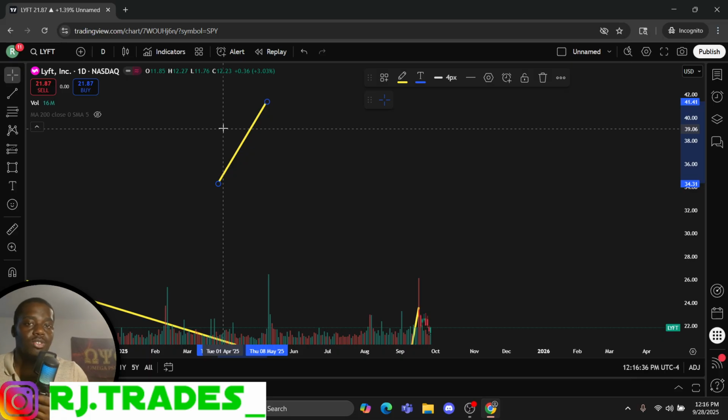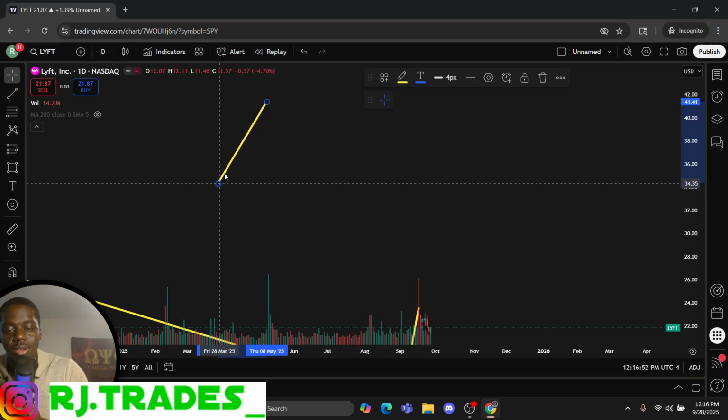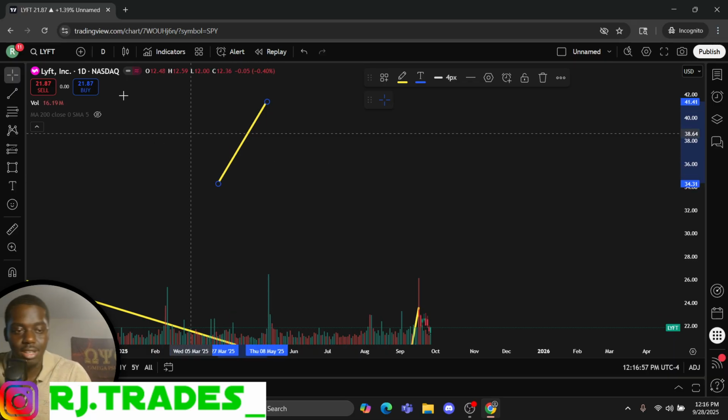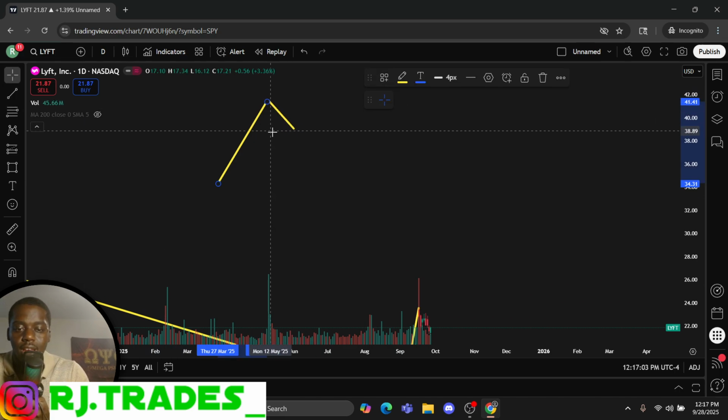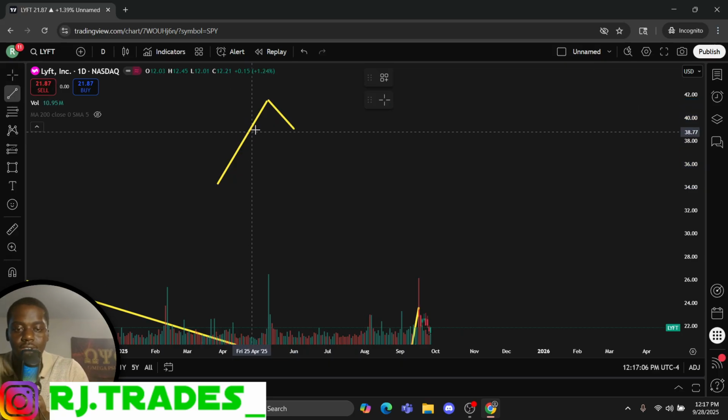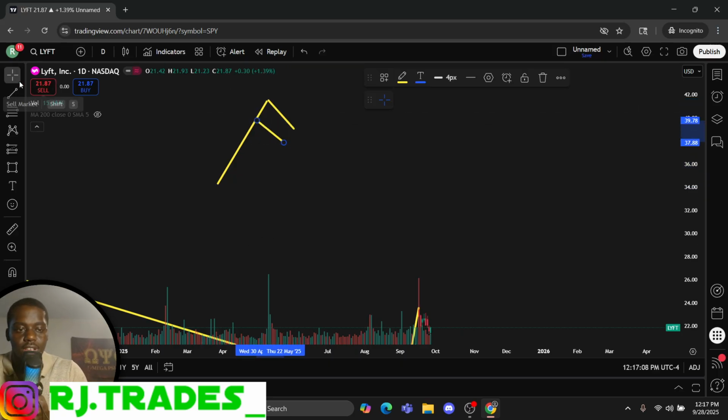All right. It's going to pull back, and you're looking for it to pull back and consolidate. What does consolidate mean? Consolidate means that the stock isn't really going anywhere. It's just kind of chopping back and forth. It's going to be coming down just a little bit slightly, but it shouldn't be coming way back down. So if you started down here, you moved up here, it shouldn't be coming way back down here. That's not a flag no more. That's a reversal. Okay. So what it will look like here, just like this, is literally going to look just like a flag. Literally just like a flag. It's going to look just like that.